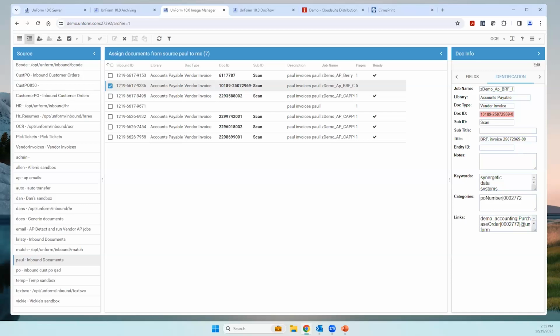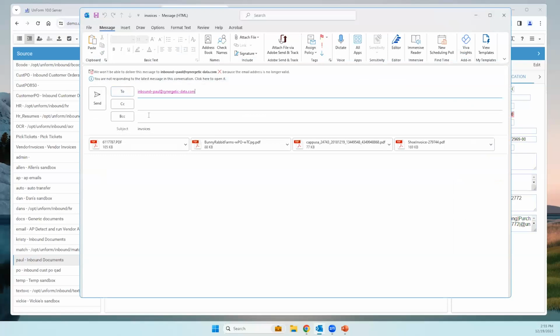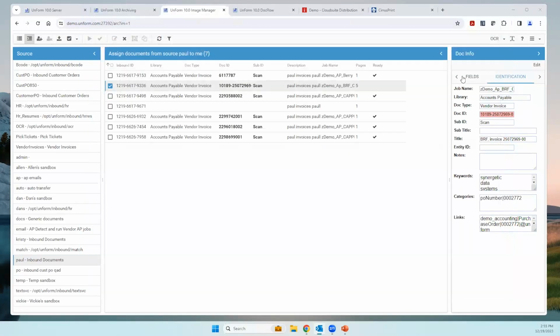And if I'm just going to show you this real quick, I'm going to monitor this email address, and these documents are going to come in. These are all invoices. And as they come in, they'll start processing. I went ahead and processed them earlier for the sake of time, but they'll come in and it will identify